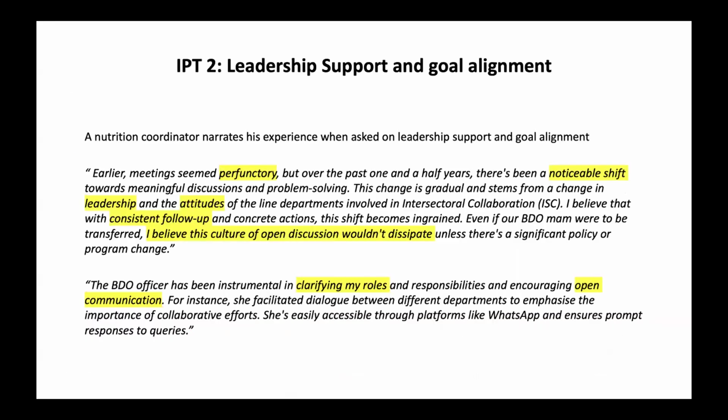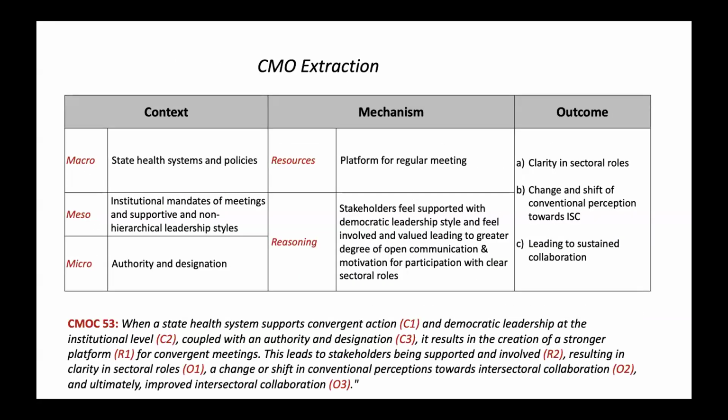of collaboration. So this is my second initial program theory, with leadership support and goal alignment, exploring how a democratic leader could really flatten the curve of power dynamics within a nutrition program. Again, I have divided them into context, mechanism, and outcome. These were just a couple of examples to show you how you can build your CMOCs from the interview data. Like that, I have built around 63 CMOCs from 18 interviews